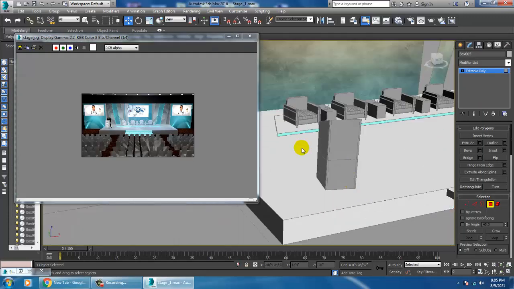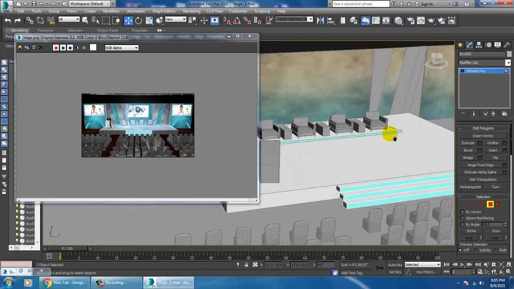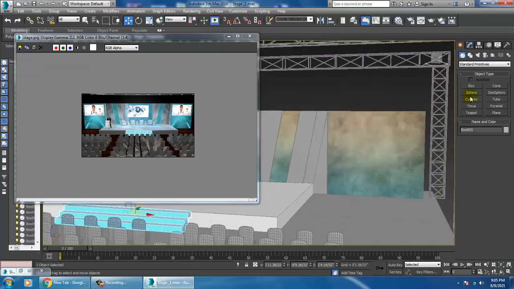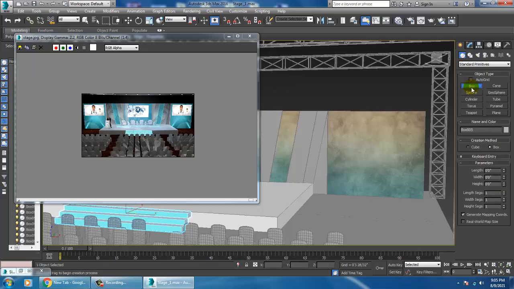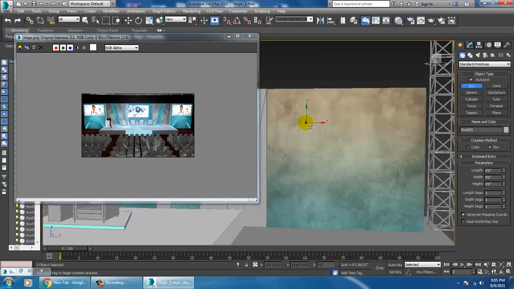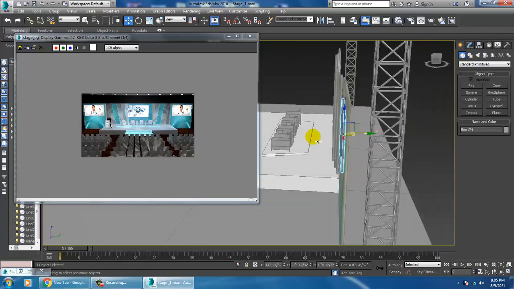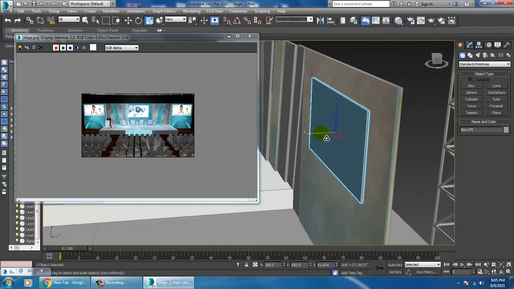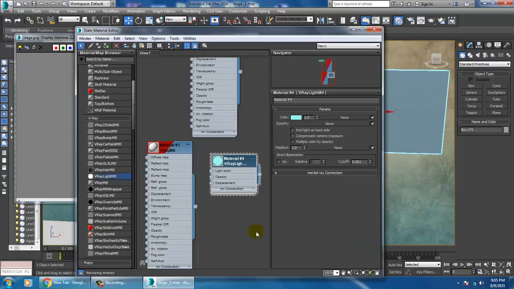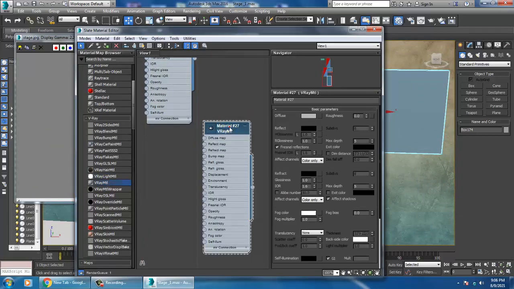After that, let's take a box, auto grid. Go into material, take a V-Ray material.